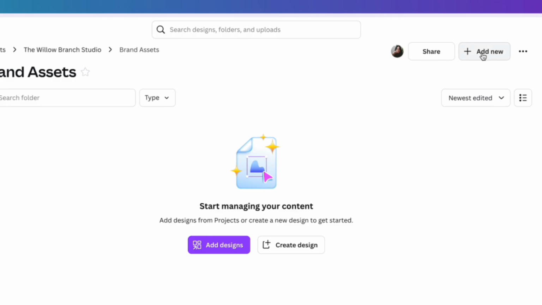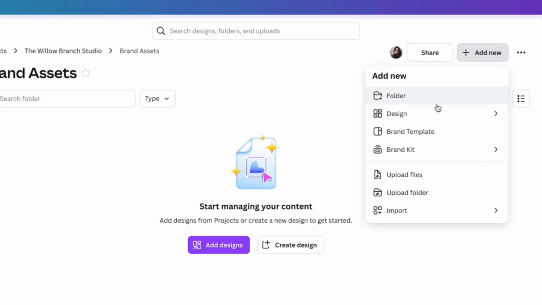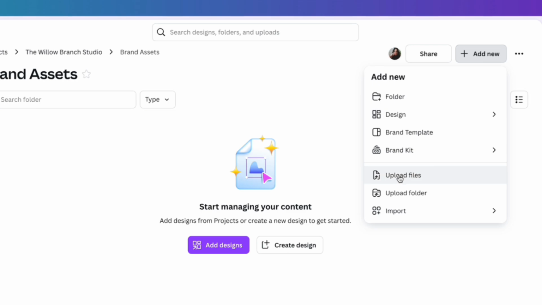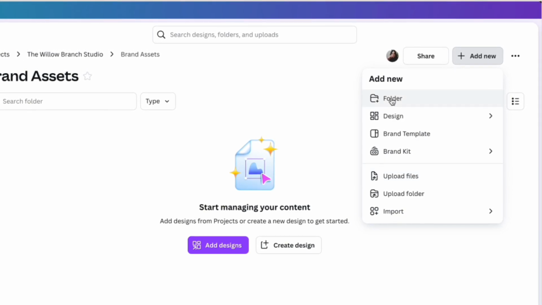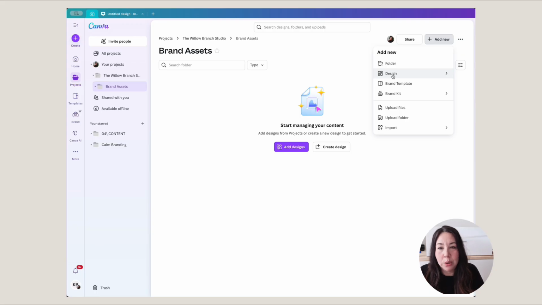So to add in new files, you would just click add new, and then you can just choose what it is that you need. You can upload files such as logos and images and that kind of thing. You can create a new folder, or if you want to create a design directly from within this folder, you would click on design. So let's go back to my main home screen, and I'm going to show you how